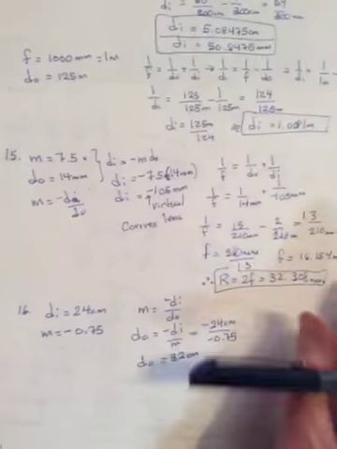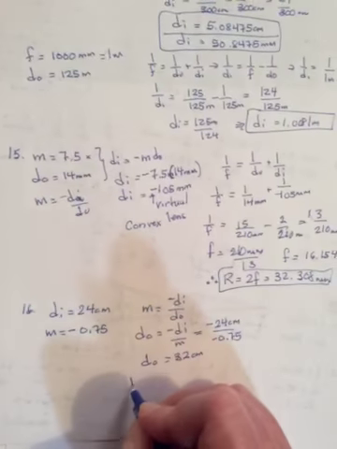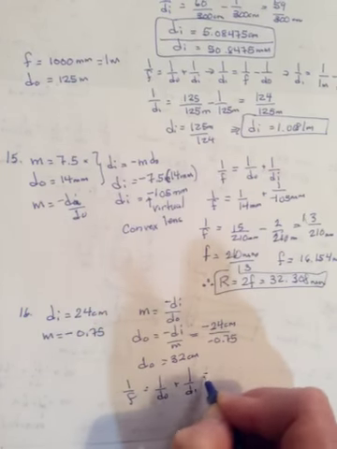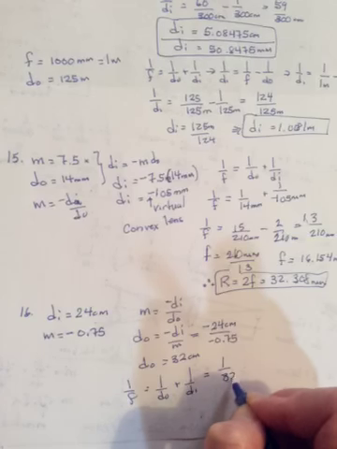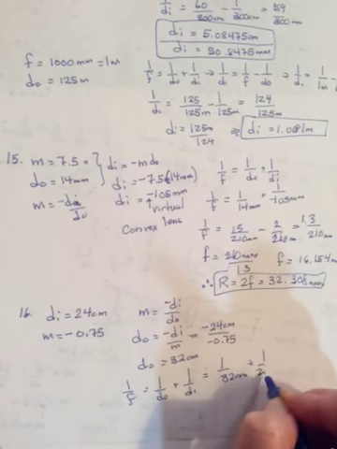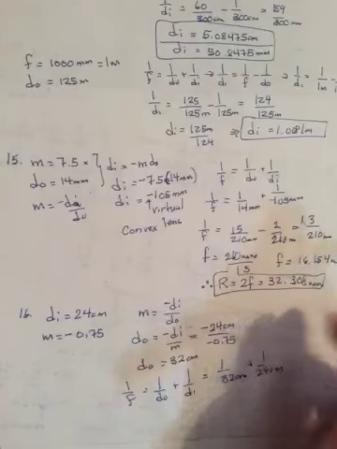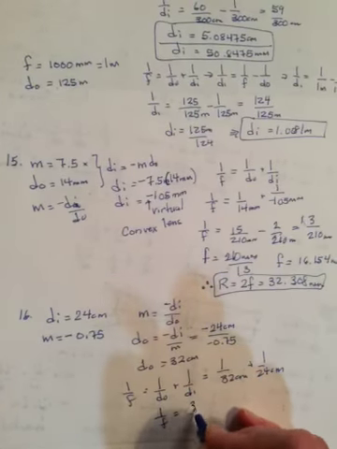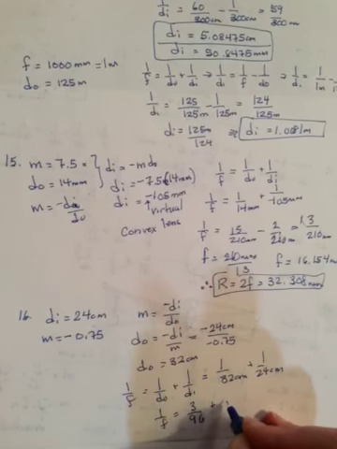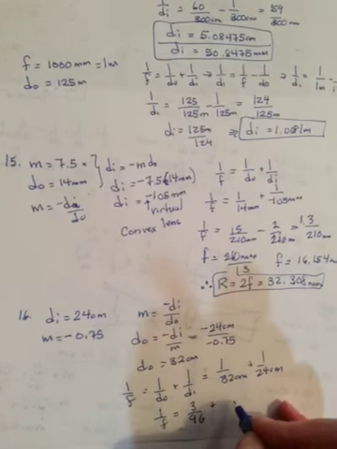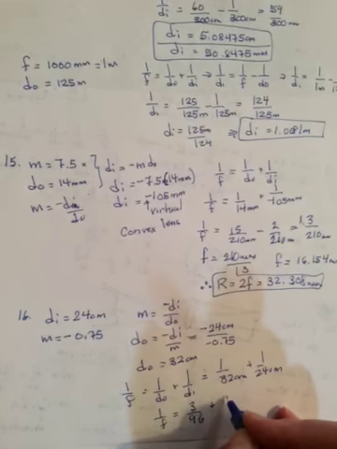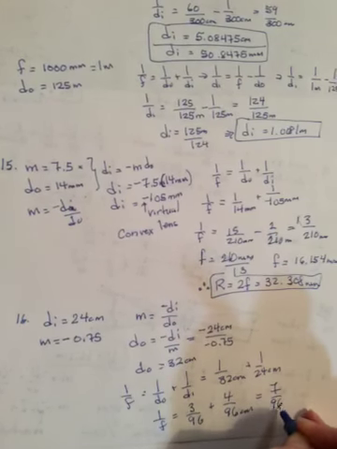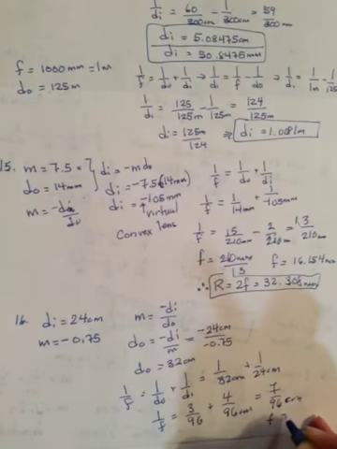But the question wants to know focal length. So now we can do 1 over F is equal to 1 over DO plus 1 over DI. So 1 over 32 plus 1 over 24. Common denominator should be 96. So 1 over F is equal to 3 over 96 plus 4 over 96. Did I do that wrong? No, I think I did it right. 7 over 96. So F is 96 over 7. F should be equal to